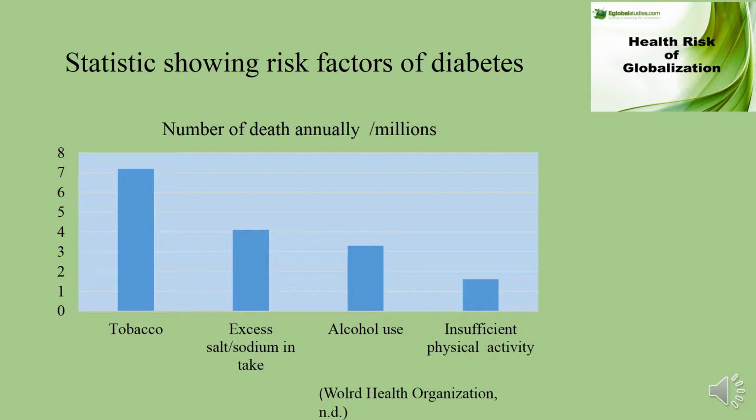Here there is statistical data showing the risk factors of diabetes, and they're showing that tobacco is one of them, followed by excess salt or sodium intake, and again alcohol use and insufficient physical activity. Looking at the charts, we can see that the main products are the leading factors that cause diabetes,